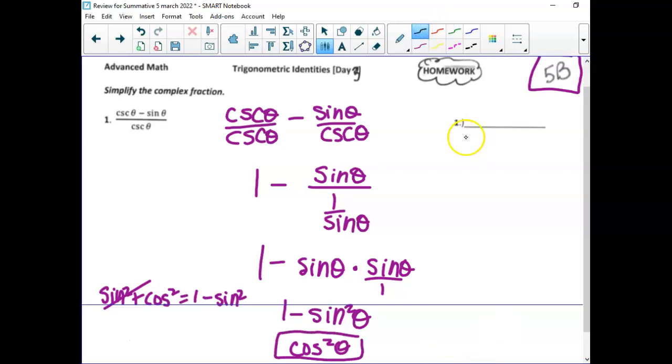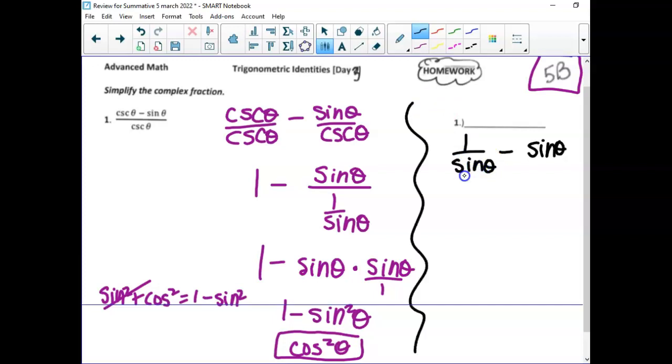If you had started by putting everything in terms of sine, or in terms of sine or cosine, it just turns out that they're all sine. This is just another way you could have done it. You could have chosen to multiply top and bottom by sine theta all the way through, or you could have said this top